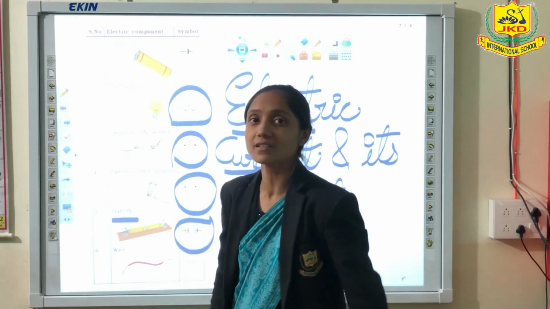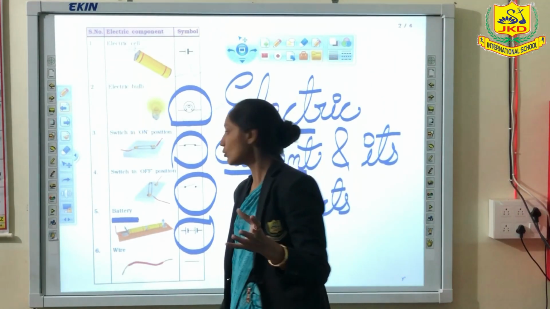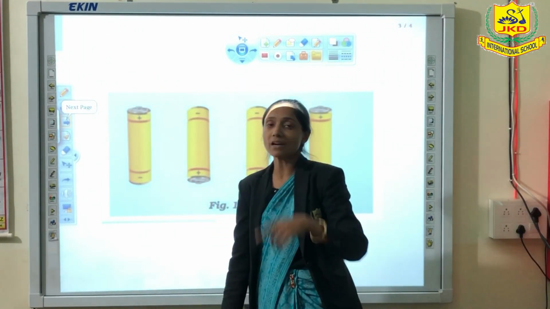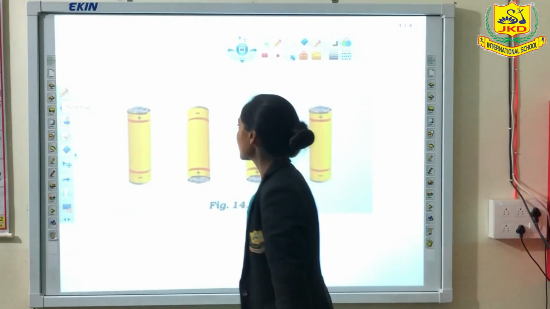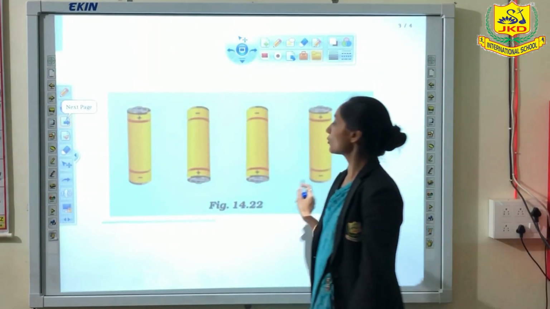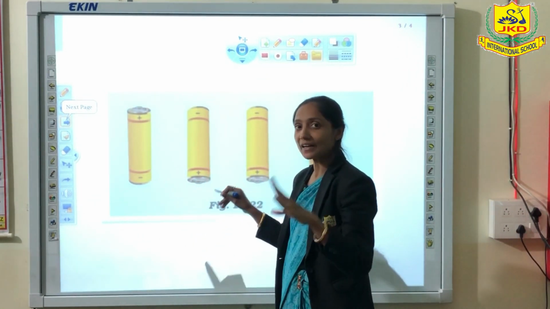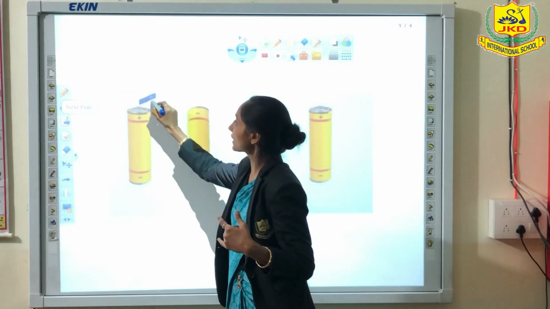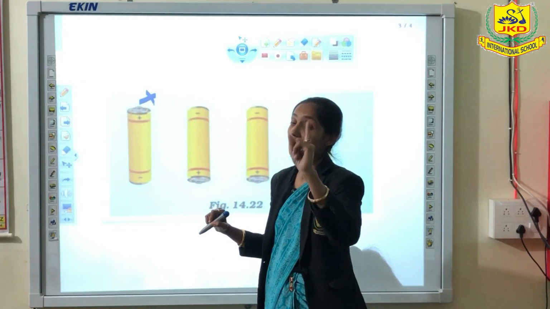So now let us understand how we should connect the cells and how we will make the connection. Here with me you will understand how cells are connected. So let us look at this. Here we have 4 cells, and we will connect this group of cells together. Look here. This is the positive terminal. This positive terminal will be connected to the negative terminal.